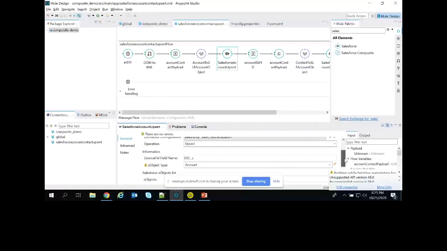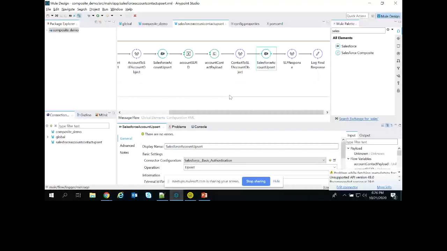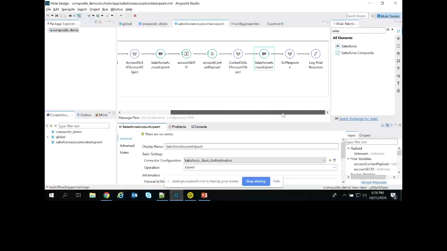Clearly, first of all, you can see there are so many things I have to do. Then I'm grabbing the response from Salesforce, putting it into the contact request, and again using the Salesforce connector. So within these two objects, I have to call Salesforce two times, for the account as well as for the contact. It's a lot of work using the simple connector. So now let me clear it and start it, one second.